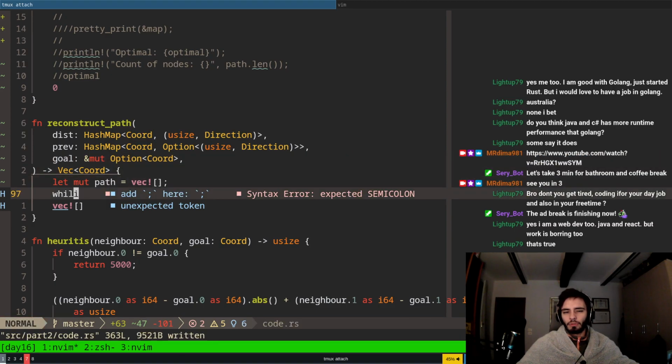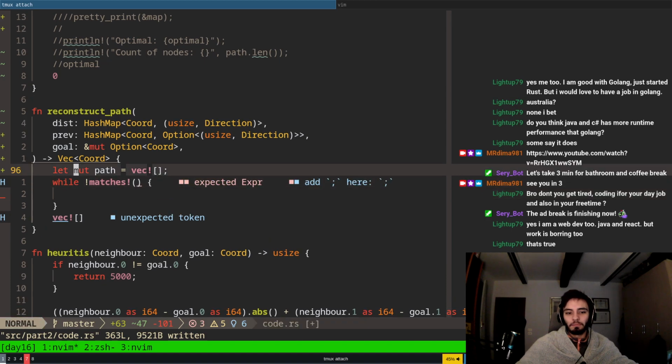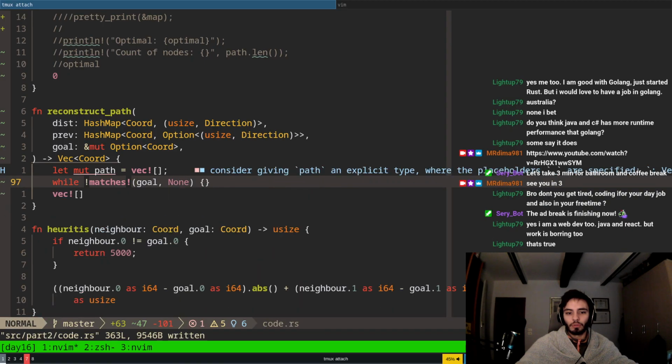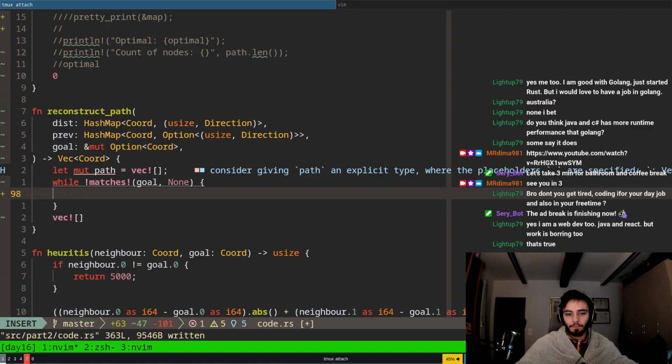All in all, I'm happy to have it, because on a reliable backend, I would never want to go C++. Man, that sounds like a bitch. I know it got nicer, but I still wouldn't want to. I would choose probably Rust if I had to choose. While goal is not none, this should work. Okay. So while my goal is not none,